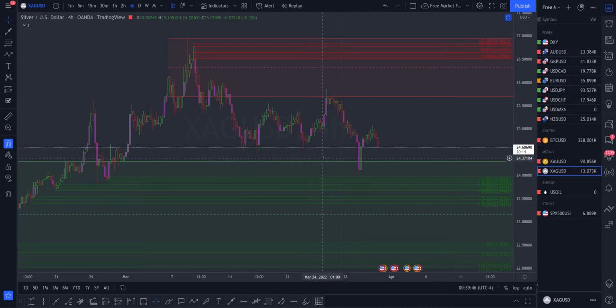We're sitting inside of institutional accumulation here, which we kind of got that bounce off of, the respecting of that. But again, we do have this retail formation of this head and shoulders here, and so we can definitely see silver possibly coming in, mitigating 4-hour demand, taking it out. Maybe we get a strong push off the equilibrium of this institutional accumulation, push up, give us a trade off of here,